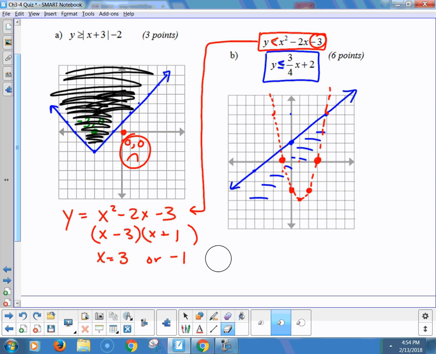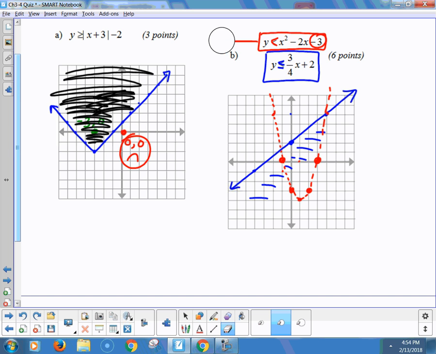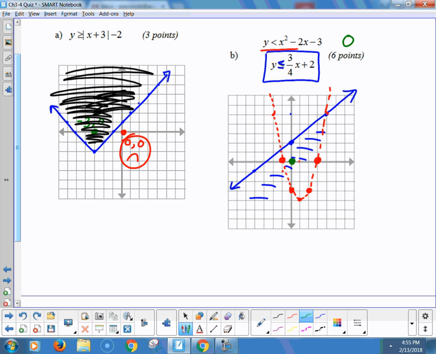Now we need to figure out whether the shading is on the inside or the outside of the parabola. And so I'm thinking we could test a point. Let's test, say, 0, 0. Does 0, 0 make this parabolic equation true? So 0 has to be less than 0 squared minus 2 times 0 minus 3. So 0 would have to be less than negative 3. This is not true. 0 is not smaller than negative 3, so this point is a fail,